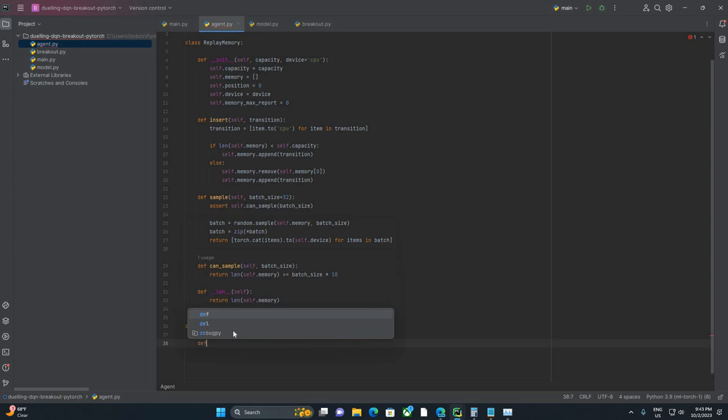So, as usual, we're going to start off with an init method, and this one takes quite a few parameters. So this is going to take a model, a device, which of course we default to CPU. It's going to take epsilon, and we're going to set that to 1.0. It's going to take min epsilon,